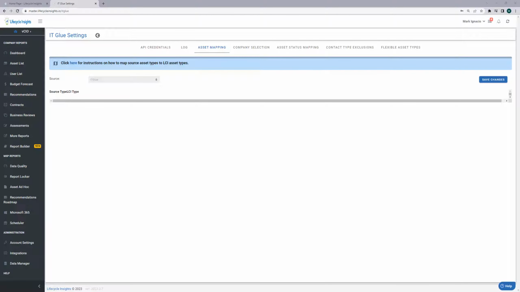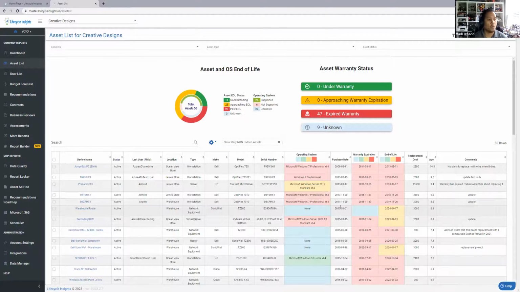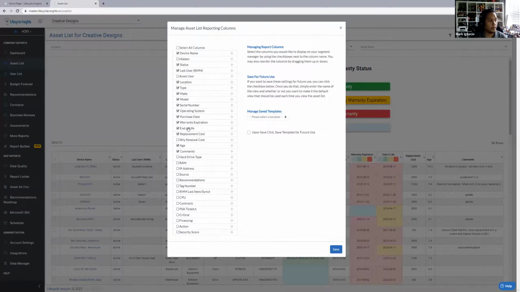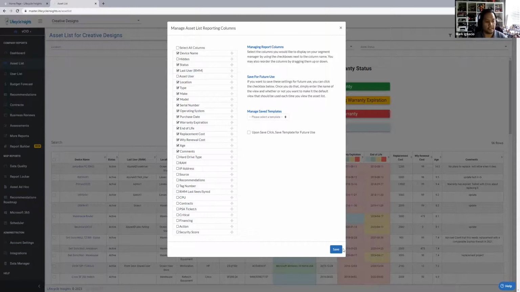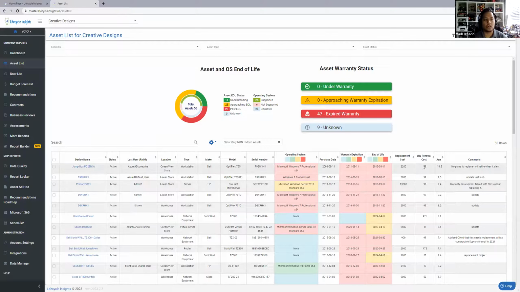Awesome. All right. So back to the asset list real quick. One of the things that I forgot to add on this one is the warranty replacement cost. Of course, you're going to want to add those if you do warranty replacements. So from here in the gearbox on the asset list, gearbox, manage columns, warranty renewal cost is not plugged in. It might be for yours. So if you want to just leave it, leave it. And that just gives me a warranty renewal cost for my devices. This just gets added into the budget as well. So when we look at the budget board later, you'll be able to see it.